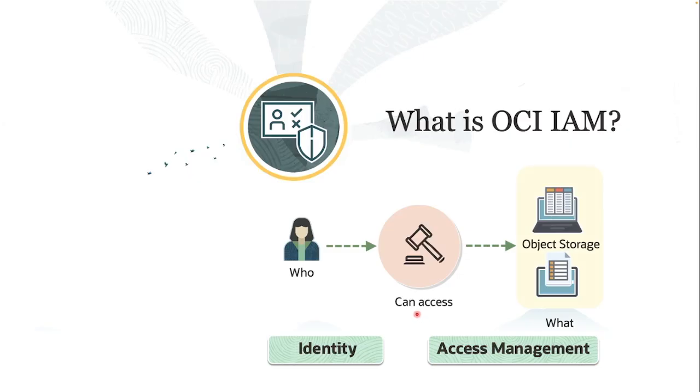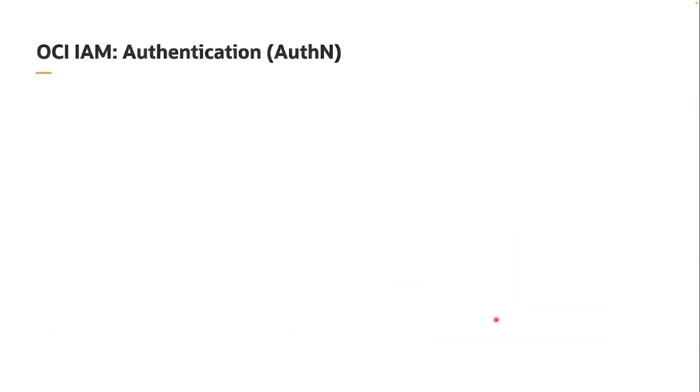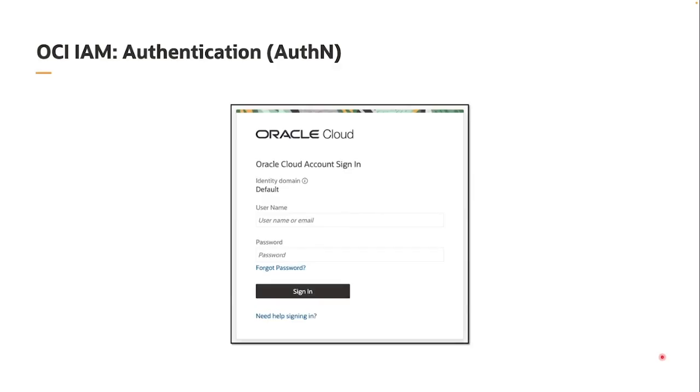So moving ahead, we will understand authentication and authorization in connection with OCI IAM. Authentication, also sometimes called AuthN, is a security mechanism that ensures only authenticated users or entities are granted access to cloud resources. We deal with this process on a daily basis. Like when you go to a particular website and it asks you to enter the username and password to access some content, you are being first authenticated to ensure you are a valid user and allowed to access the